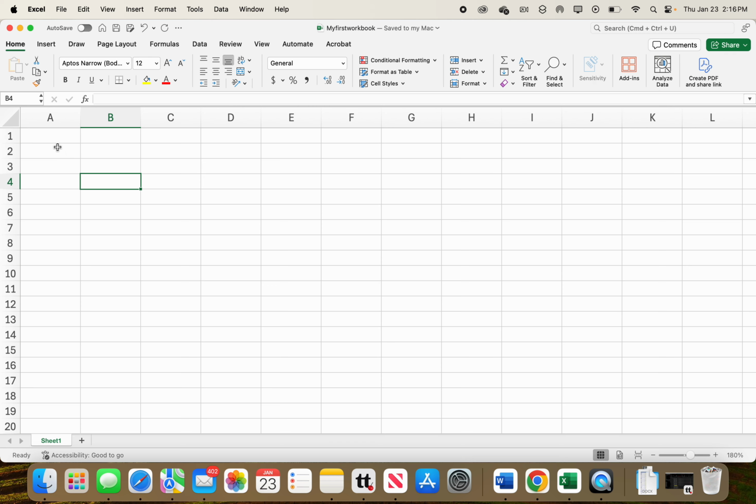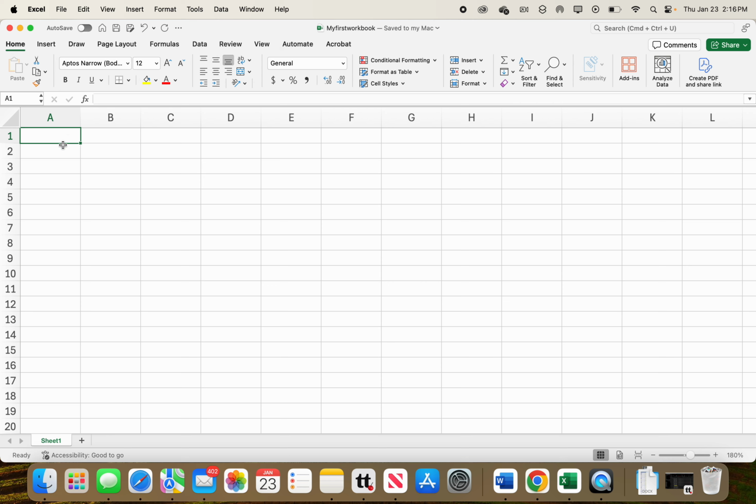Now, let's say I want to create a table to record my stock trades, okay? Because I need to figure out how much money I'm making or losing, how much taxes I owe, right? So Excel is great for doing things like that, right? So I'm going to create a table. First I'm going to type in a table name. So the table name, I'm going to insert in cell